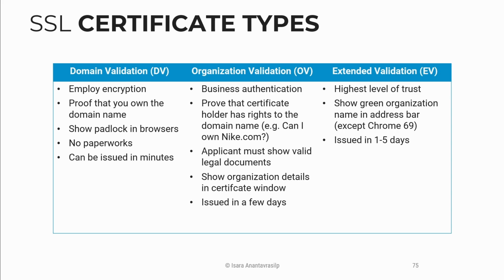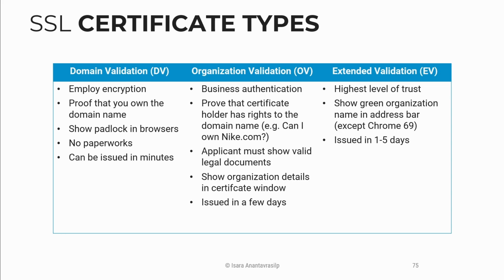So apart from submitting just the domain name and your public key, you need to also submit your paperwork to the CA. And the CA is going to take some time to verify that all this paperwork checked out and you are who you claim to be. So the certificate can be issued in a few days, depending on how long the CA takes to approve your entity. This is what we normally use, DV and OV. That should be enough because you prove that you own the domain name, you prove that you own the server, and you prove who you are.